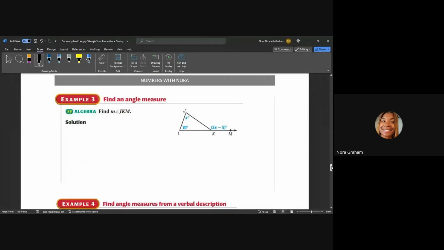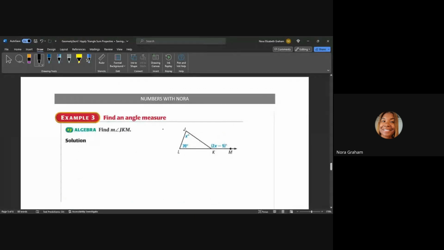So let's move on to example 3. This one says find the angle measure. So find the angle measure of JKM. So we're looking for JKM. We're looking for this outside measure. Now remember from our exterior angle theorem, if I add these two angles together, it's going to be equal to this one. So I can set this up as X plus 70 is equal to 2X